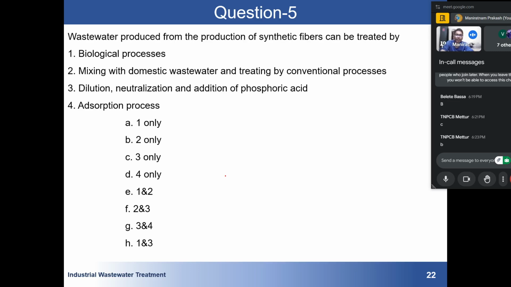Read the question properly and try to answer it. Wastewater produced from the production of synthetic fibers can be treated by...